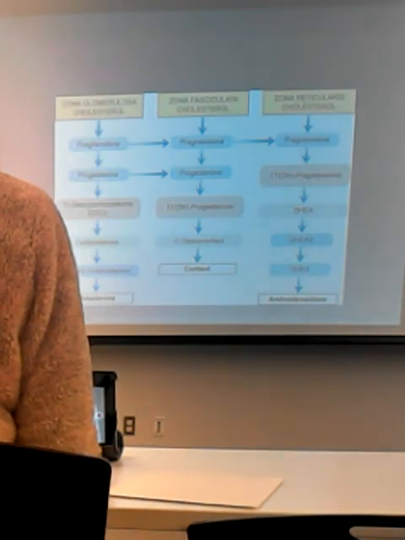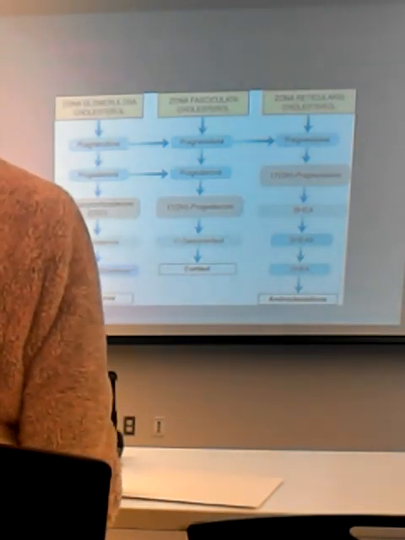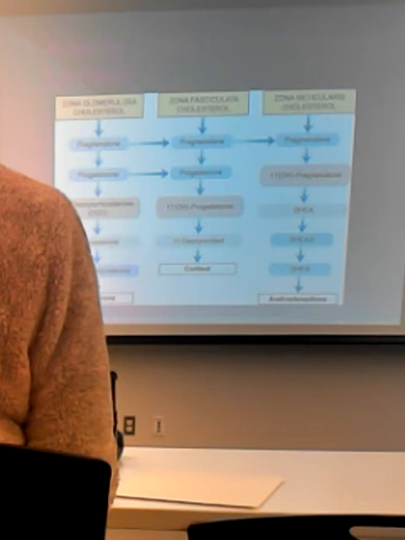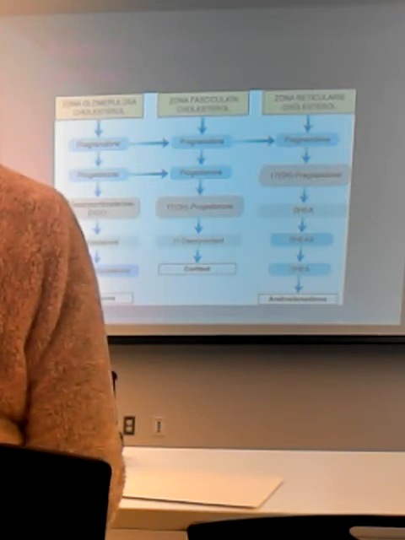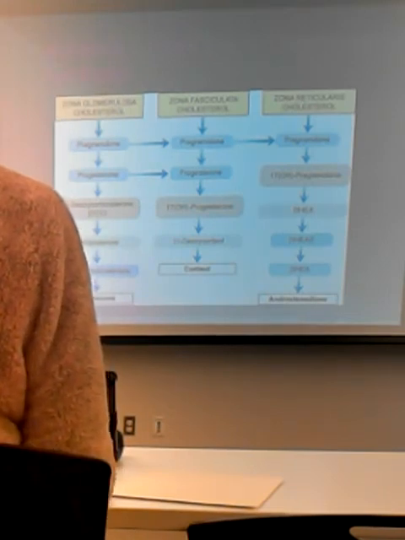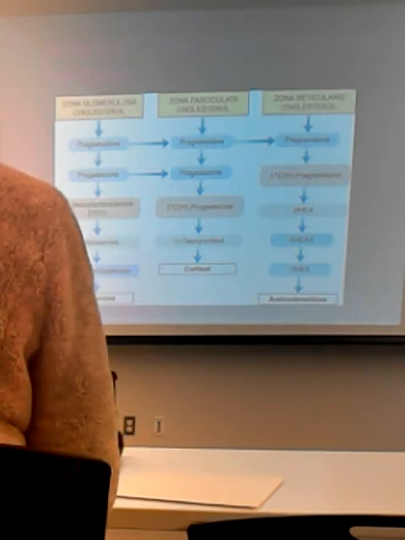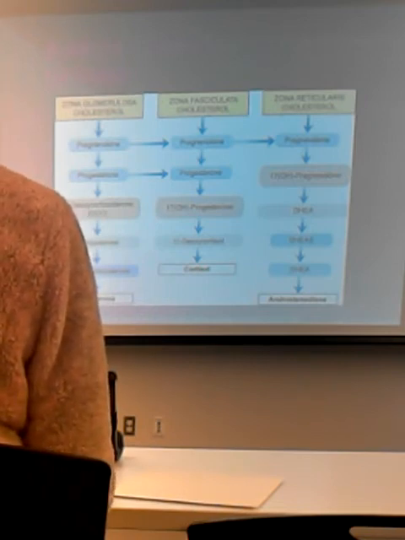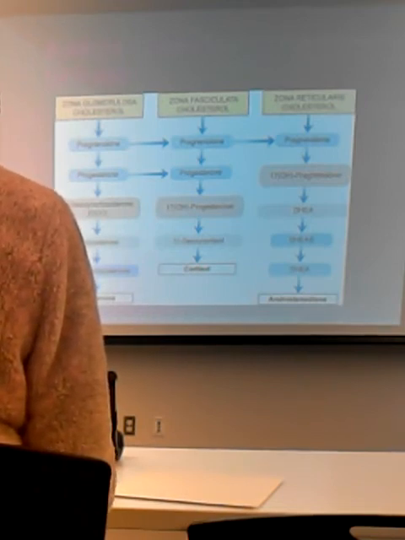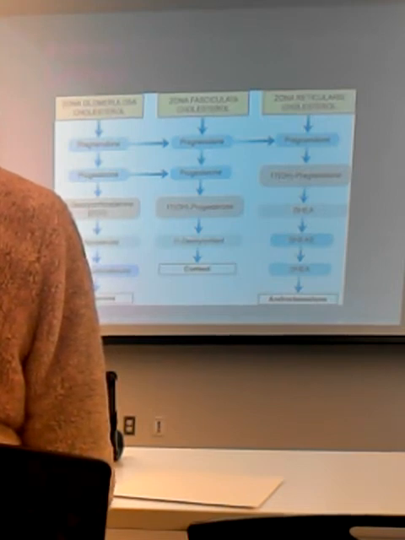Okay? The only takeaway here is that you see that pregnenolone, which is the precursor to progesterone, is the precursor to every single one of the adrenal cortex's hormones. So when I take birth control medicine that has a progesterone analog in it, yeah, you're affecting homeostasis in other regions of your body. Big time. Okay?